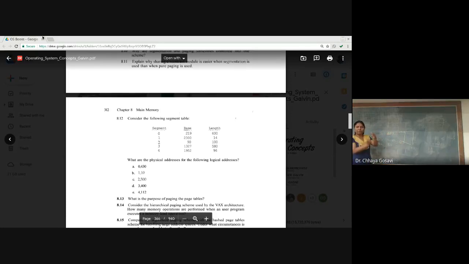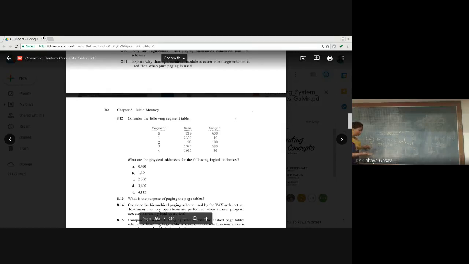Size of the process is 50K. So there are 50 lines, or assume that there are 50 instructions. So if you are trying to access the 60th instruction, that is not part of the segment S1, that can be a part of another segment. So this is your limit. Limit is 150.